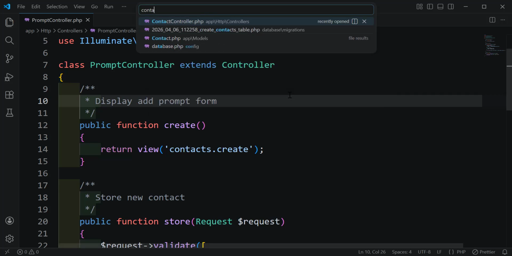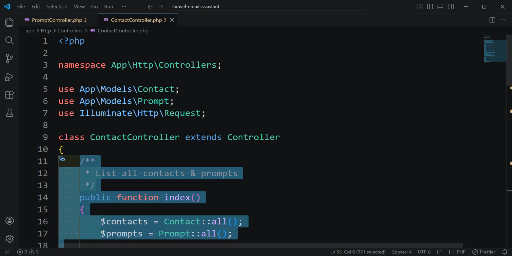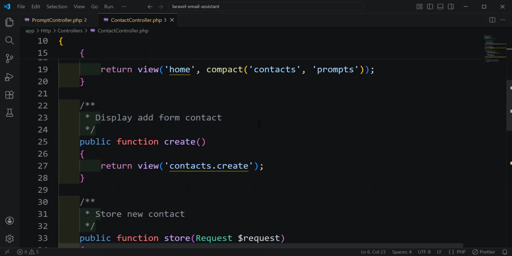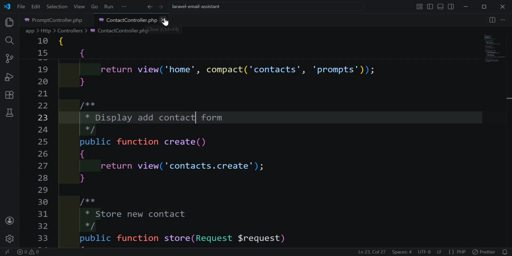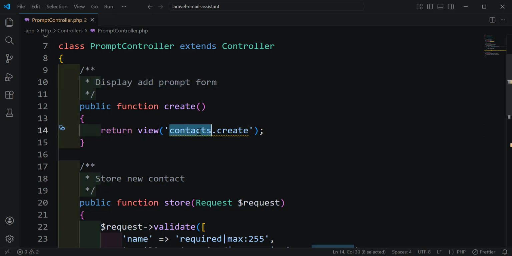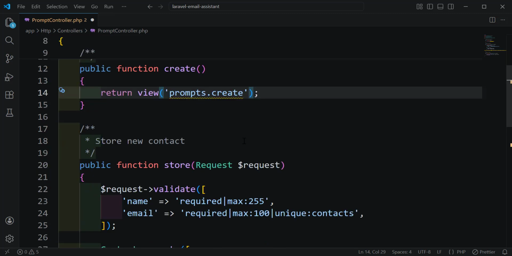Let's go to our contact. Same thing here, display add contact form. Next, what we have, so here let's change it to prompts, prompts with S. Next,